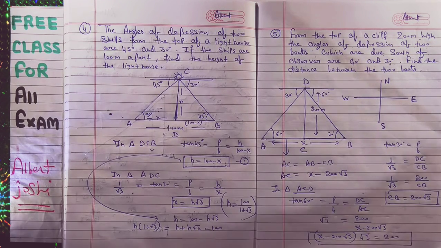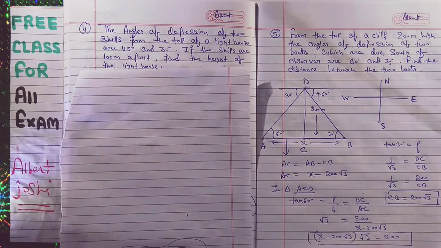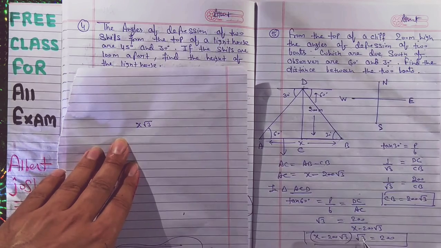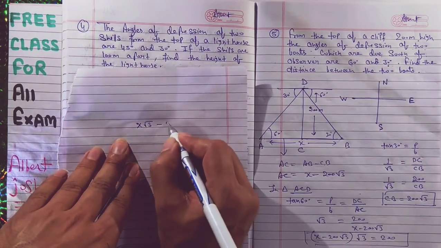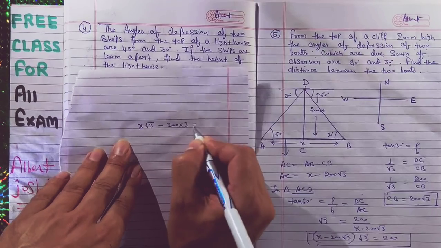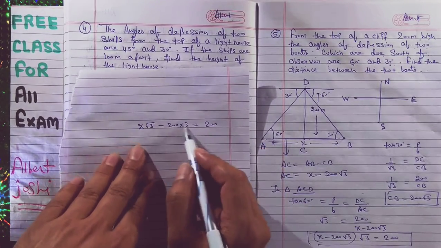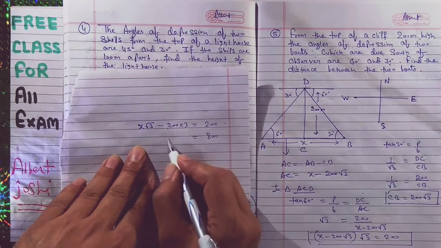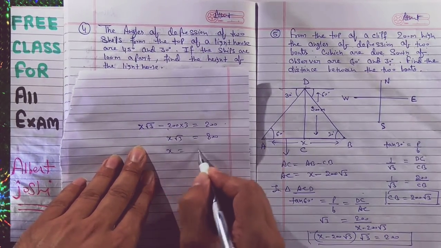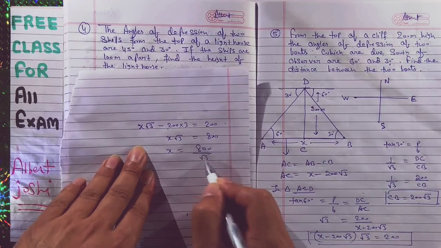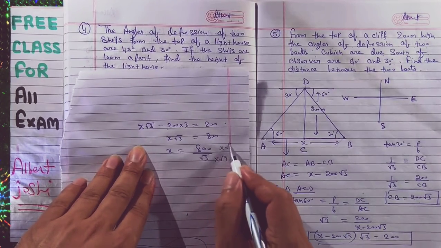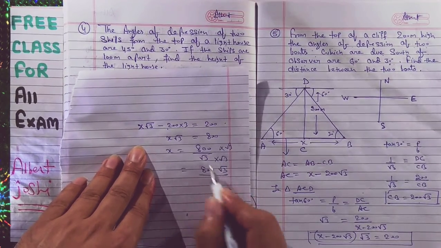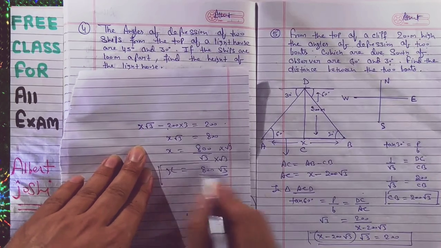So what will you get? After calculation, you will get something like this. x square root of 3 into square root of 3 is equal to 3. So minus 200 into 3 is equal to 200. So 3 twos are 6, that is 600, and 600 plus 200 is equal to 800. So 800 is equal to x square root of 3. x is equal to 800 upon square root of 3. You can multiply both sides. Then you will get 800 square root of 3 upon 3. So x is equal to this. This is your answer.